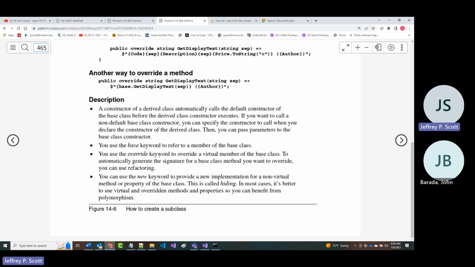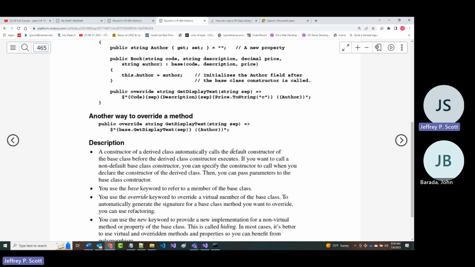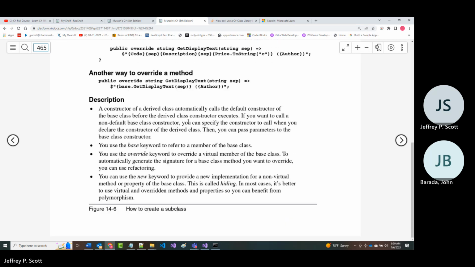You use the override keyword to override a virtual member of the base class. You can use the new keyword, if you need to, to provide a new implementation for a non-virtual method or property. I don't think they even showed that in here.